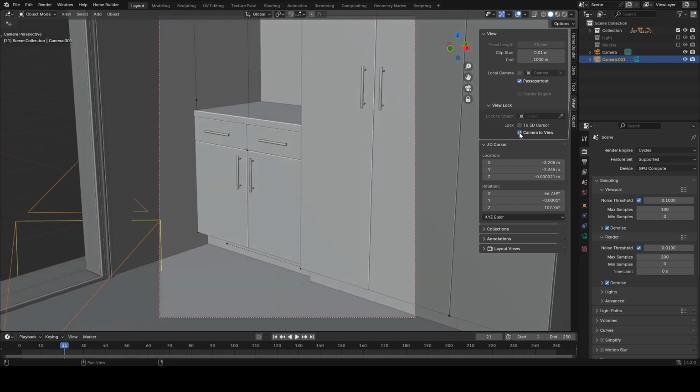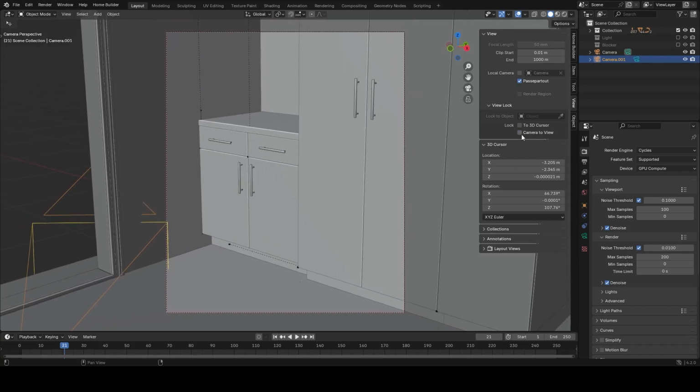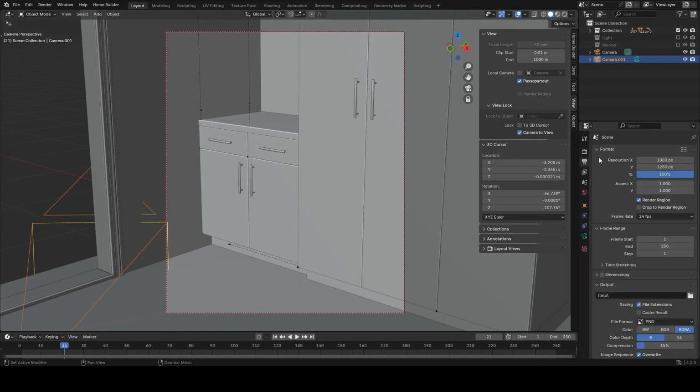Then you can click here and move it back, then lock camera to view, and then we can go to output. This is the setting for the camera. You can click here and use some of these presets. I like to use this resolution, this setting. Anyway, if I just go to render mode by pressing Z,